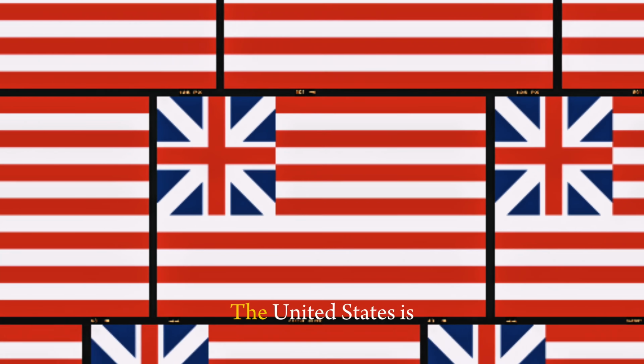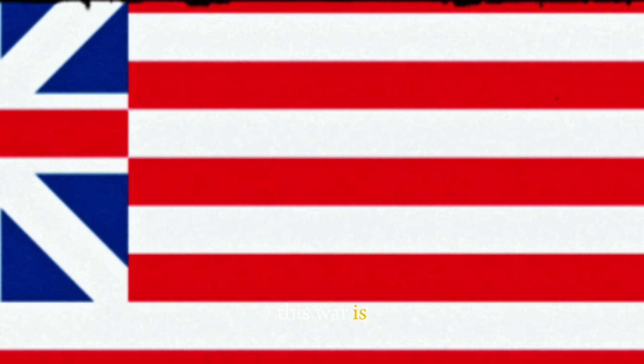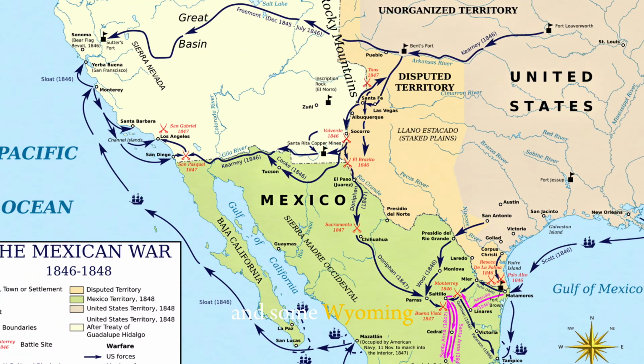Anyway, another reason why the Dominion of Canada was founded is because the United States had a war with Mexico from 1846 until 1848. This war is important in United States history because the United States got California, Nevada, Utah, most of Arizona and New Mexico, half of Colorado, and some of Wyoming, Kansas, Oklahoma, and Texas.